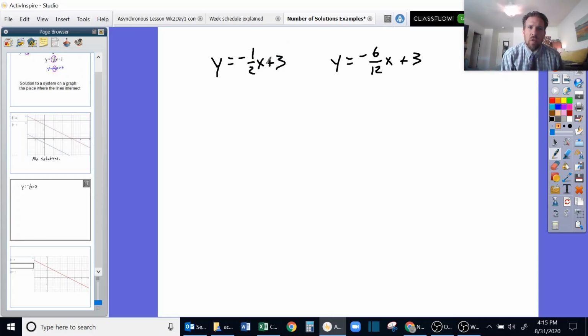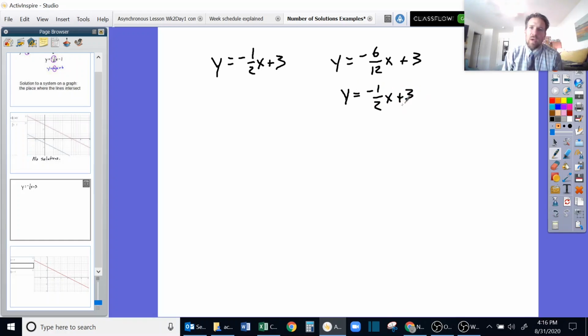That's the equation we started the first example with. And then I chose this second equation, so y equals -6/12 x plus 3. Now, as we did in the first example, we might notice that this fraction is just a non-simplified version of -1/2. 6 out of 12 is really 1/2. And so when we write that as the equivalent, -1/2 x plus 3,